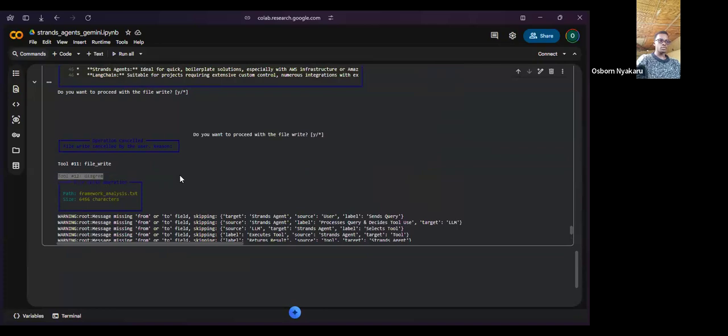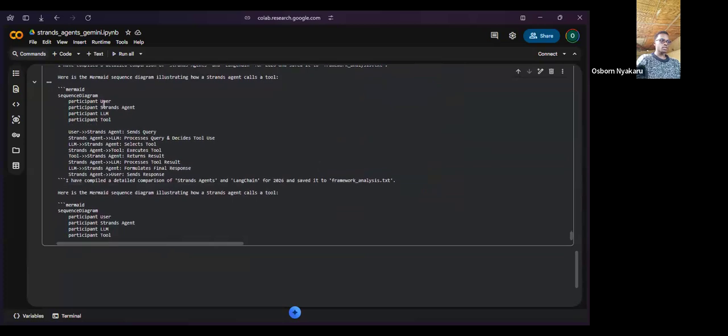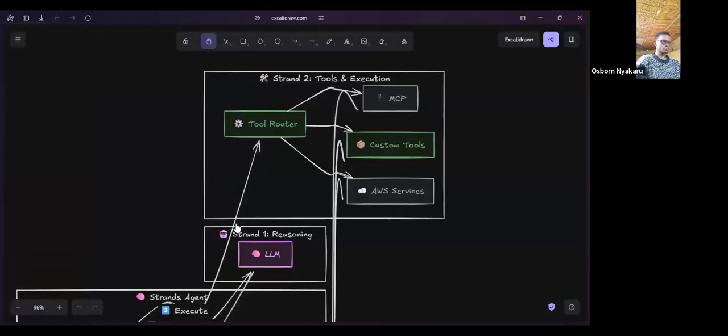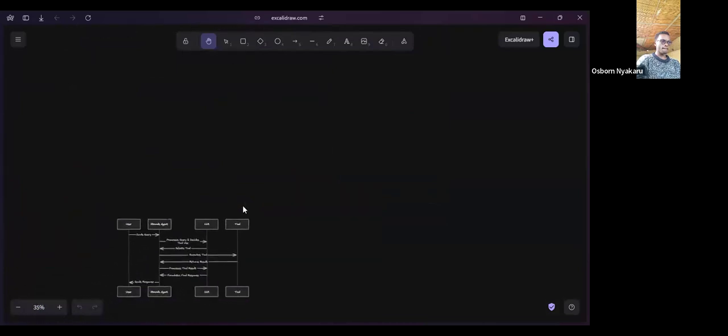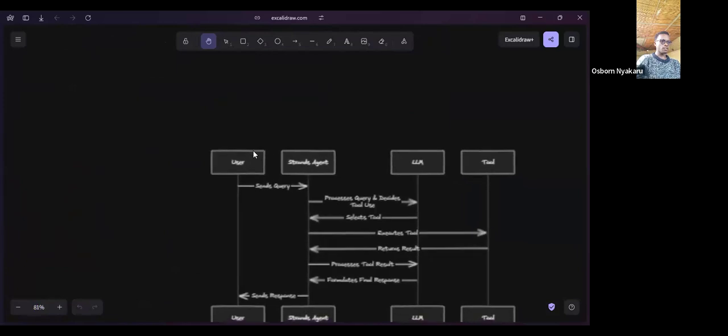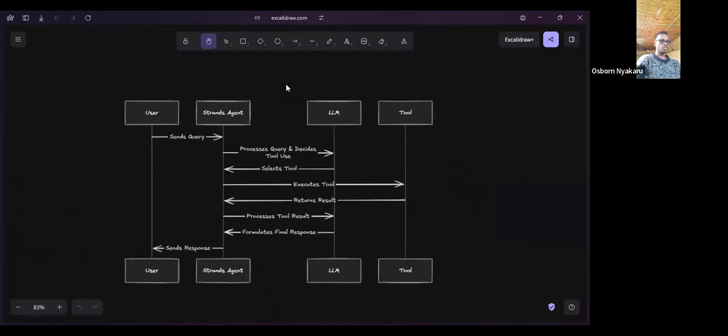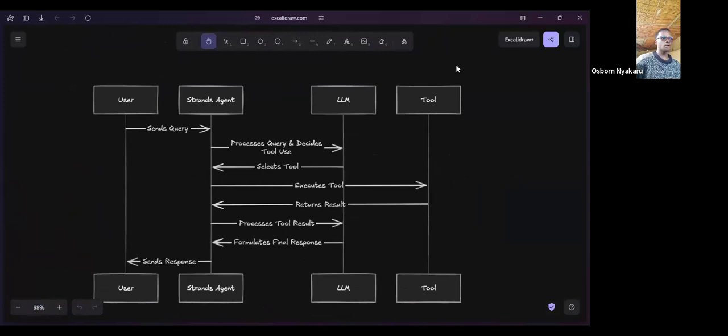It called the diagram tool to create this mermaid code, that if you take this code and have it converted into a diagram, you'll have something like, let me just show you. Yeah, so this is what it created from that particular mermaid code,